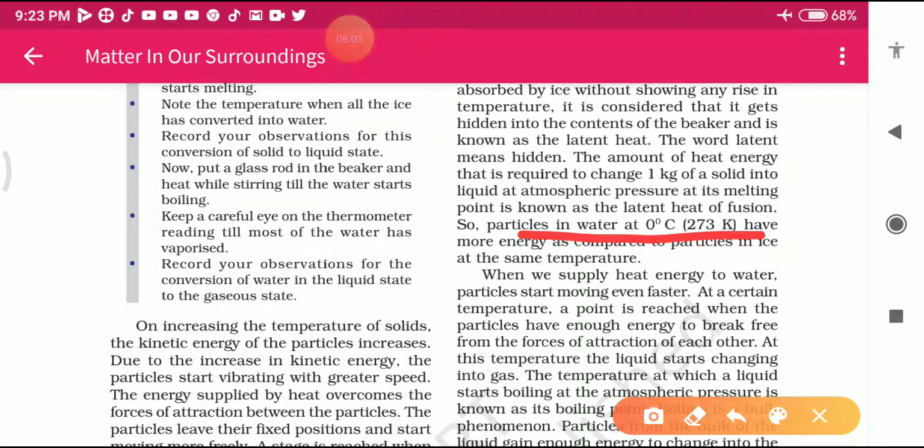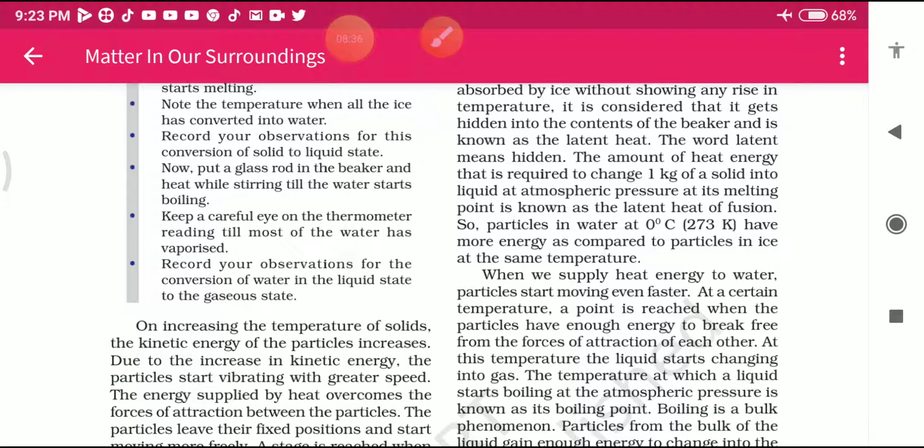Why is it 273 Kelvin? Because when we add 0 plus 273, it is equal to 273 Kelvin. Kelvin is another unit for measuring temperature, and it is denoted by the capital K. So students, here is your latent heat of fusion, and the melting point of water in Kelvin